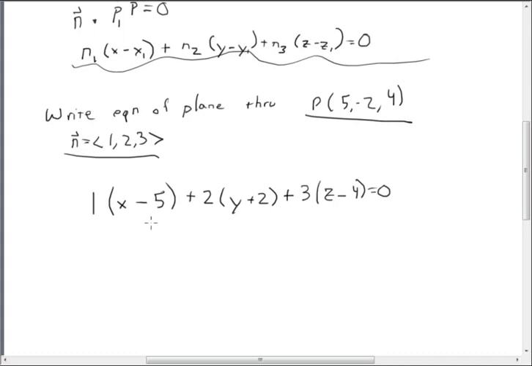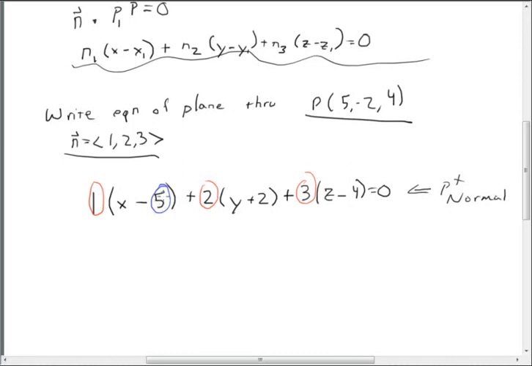This is called the point normal form, because when it's in this form, we can actually find both the point and the normal vector. This is the normal vector,